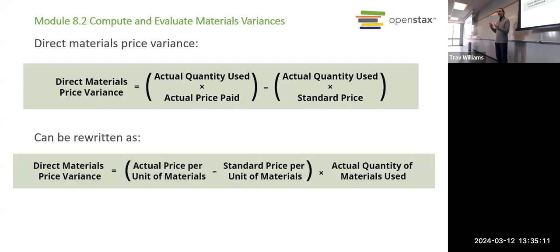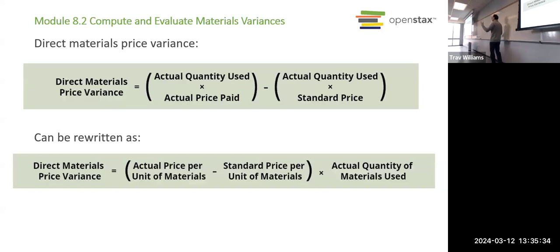We might find that our workers are putting too much coffee in each cup or not putting enough. So that would be a variance of the quantity. But then we might find that for some reason, the price we're paying for the coffee is either higher than the standard or lower than the standard. So we can have price variance as well.